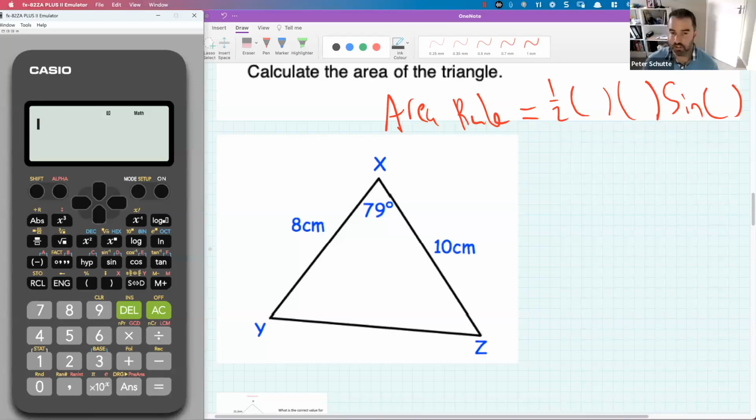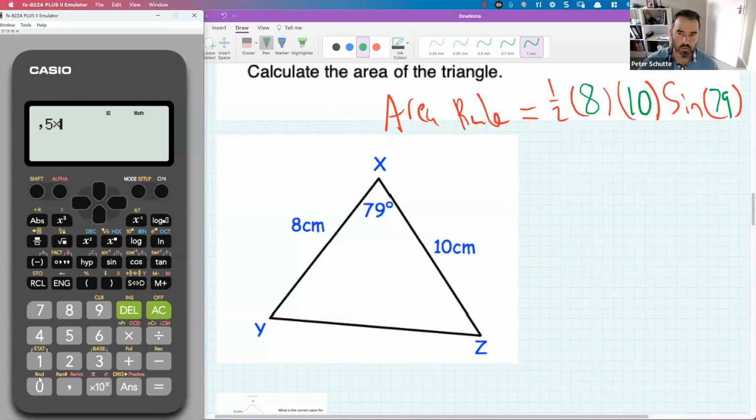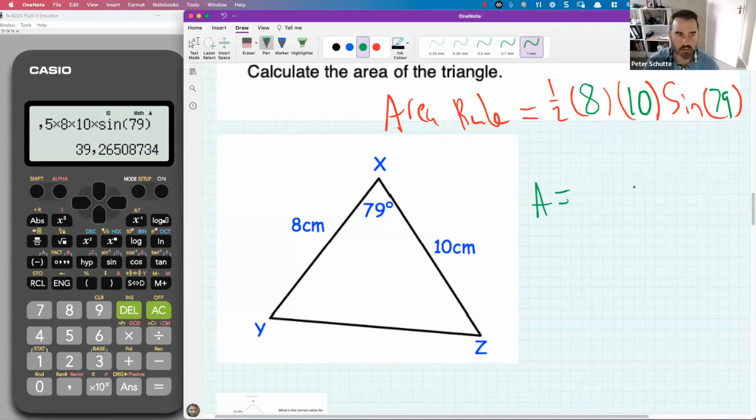Do we have the angle in between those sides? And how would we use them? So what I get is 39.27